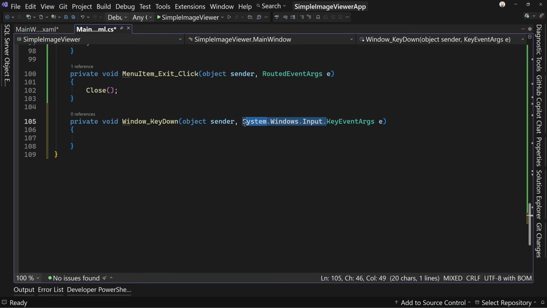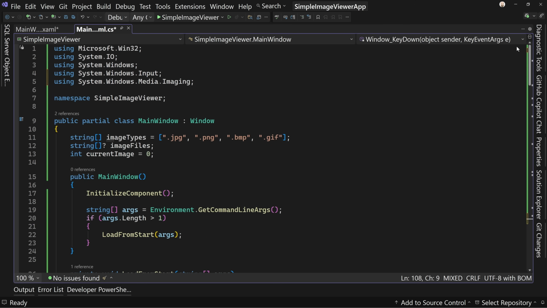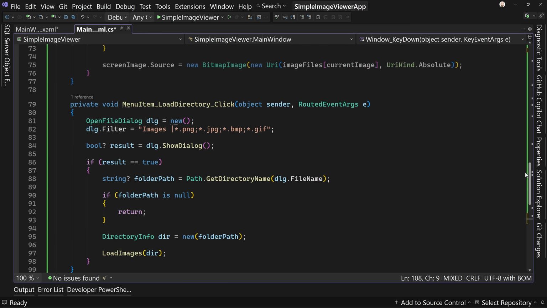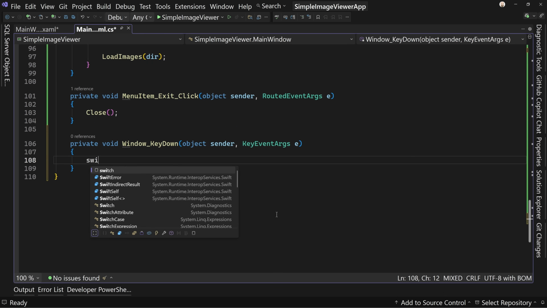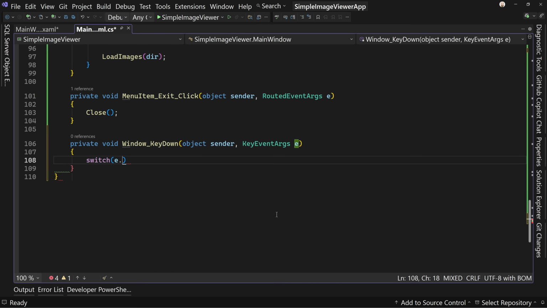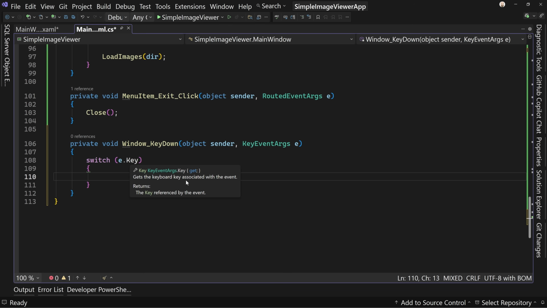Now we can shorten this. We don't need to have the window or System.Windows.Input. We can just say KeyEventArgs and add that using statement at the top. So now that's at the top. Now we can work with the key down. We can do a switch on e.Key. Which key is it that we're switching on? This is going to capture the keyboard inputs, and e.Key will tell us which input was associated with this